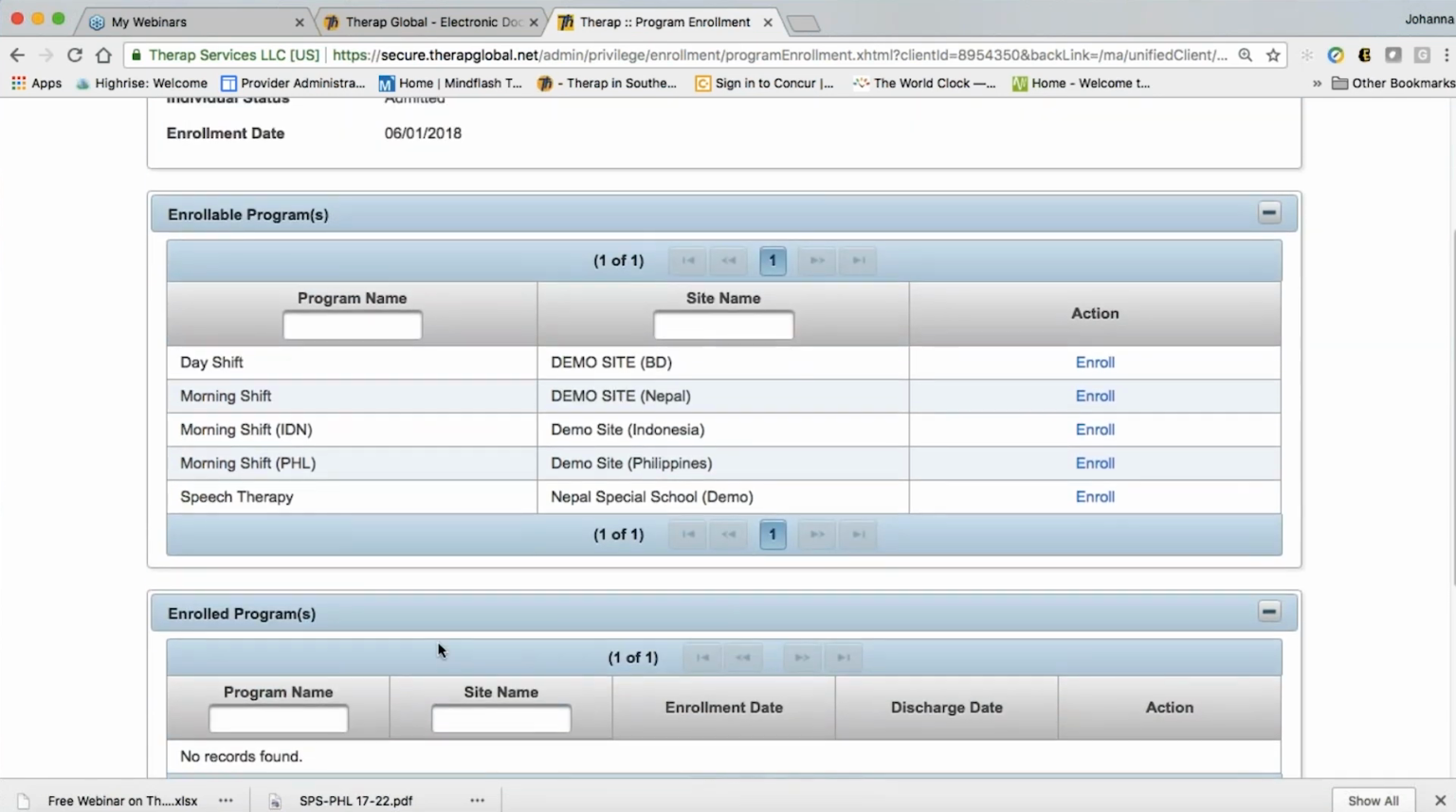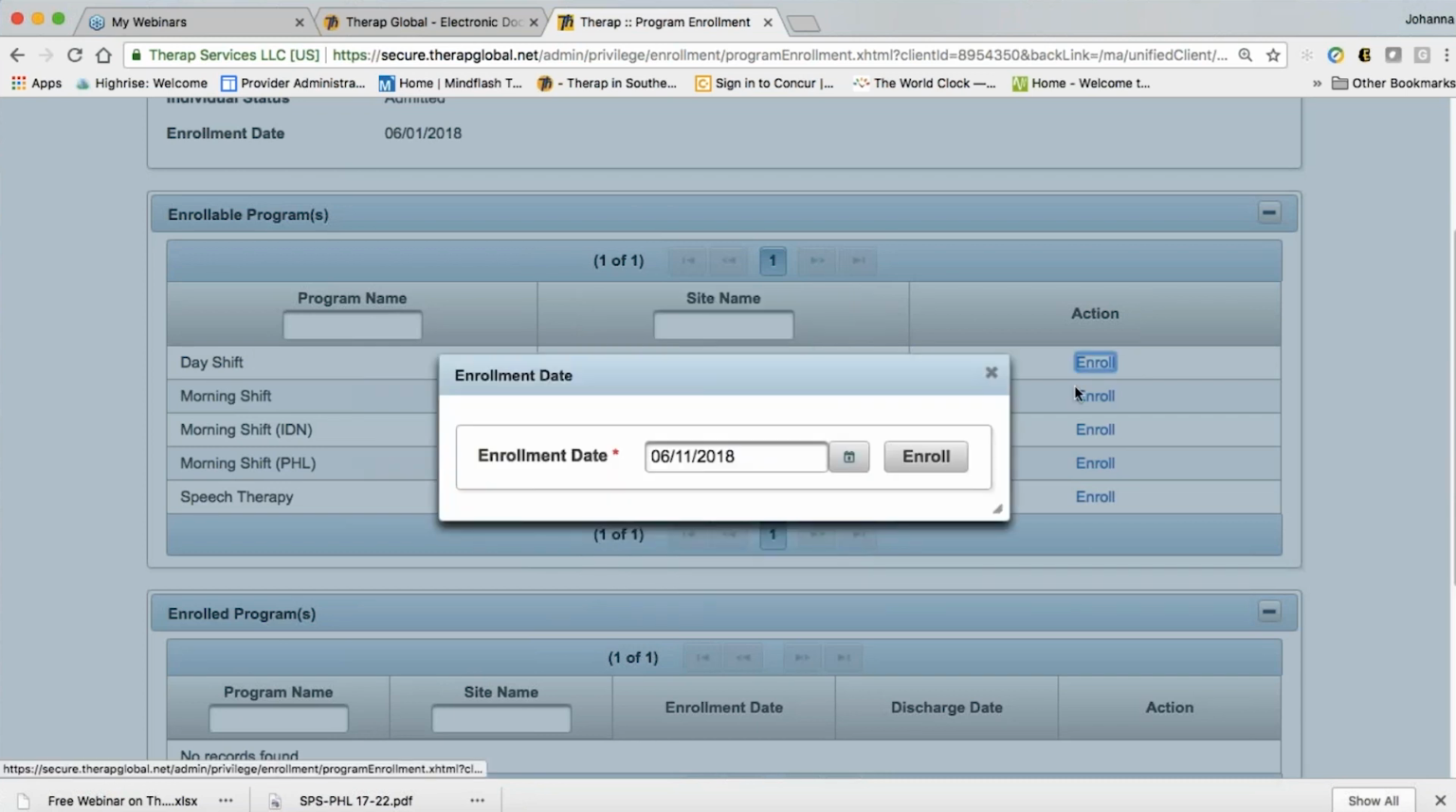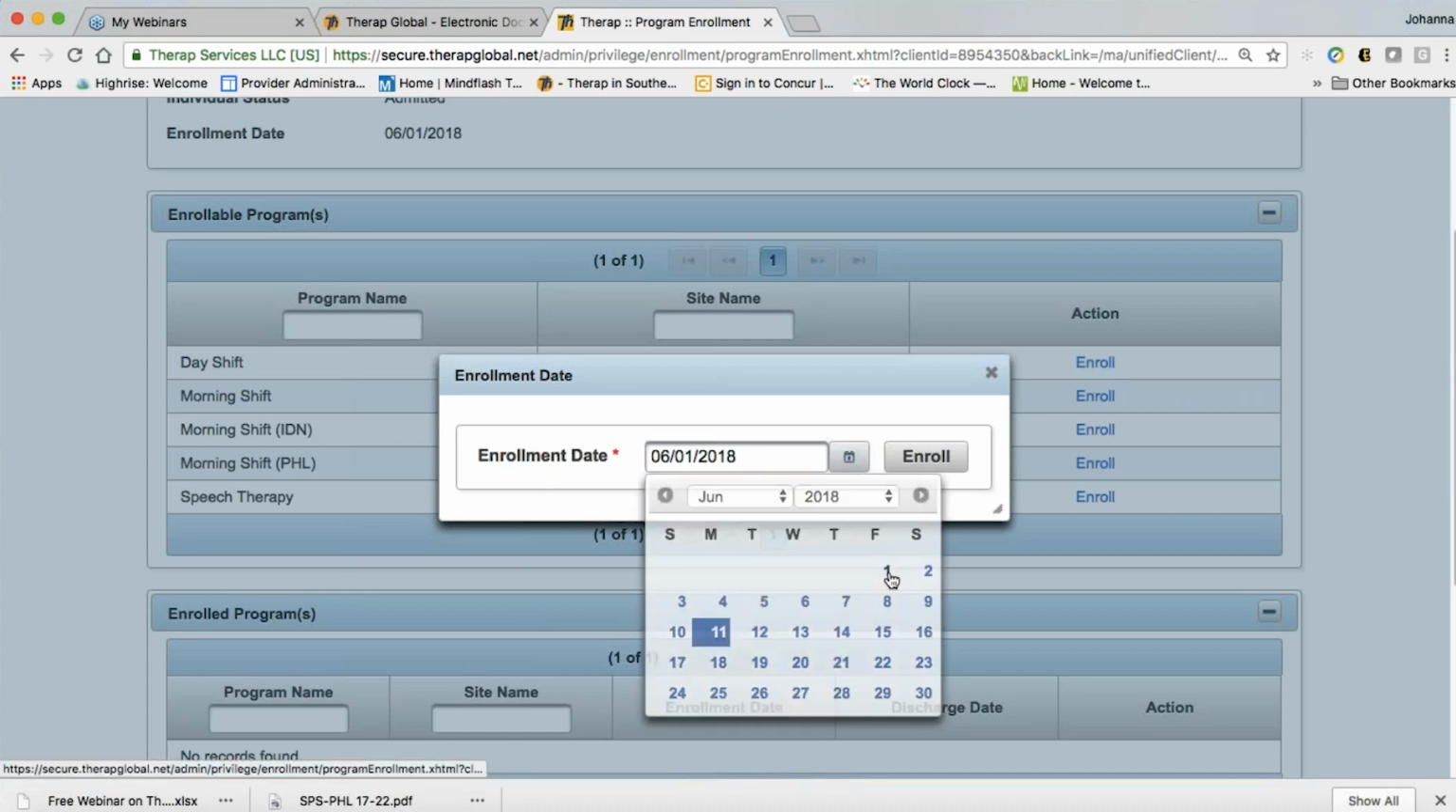And so I'm going to maybe say that this person is in the speech therapy program at, well, that's in Nepal. Let's go with this. Let's go with they're in this demo site day shift. All right. We might change that to a school name or something at some point. So it's going to ask me for the date that they enrolled into this particular program. This is going to put today's date. But if you need to change it for this one, you can click on this calendar icon, select the date,